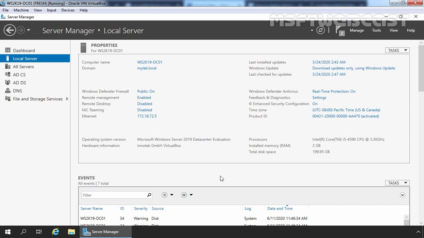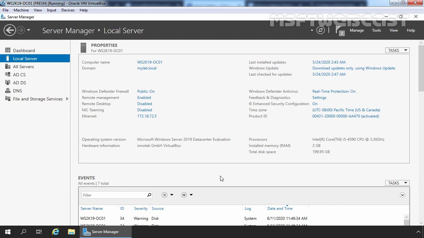In this video, we will see the steps to install and configure Work Folders on Windows Server 2019 with group policy. In the last video, we manually set up Work Folders with an unsecure connection. This time, we will use group policy to set up Work Folders for Windows 10 computers. We will also configure an SSL certificate for Work Folders to securely synchronize files between the Work Folders clients and the Work Folders server.